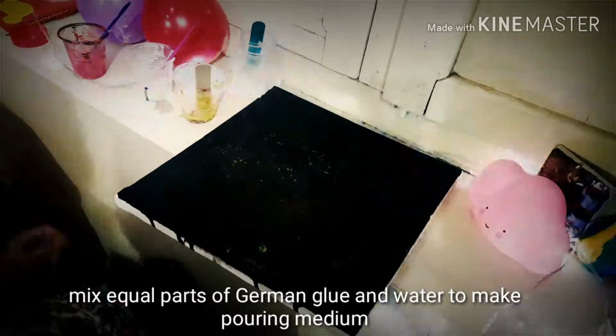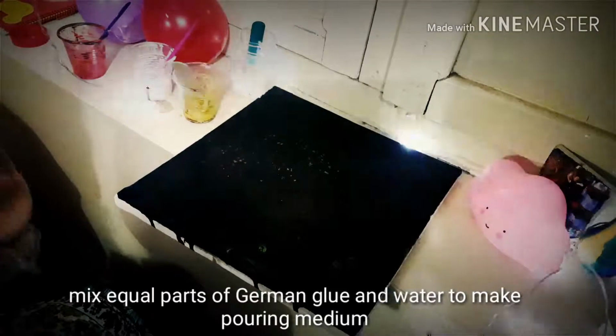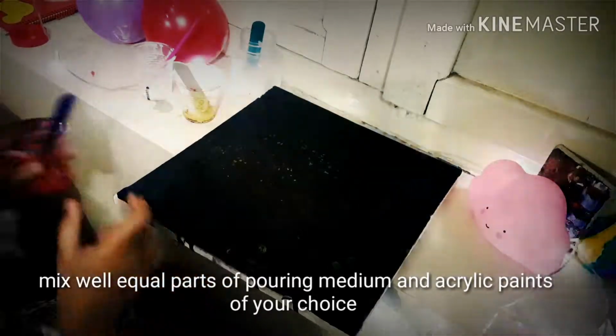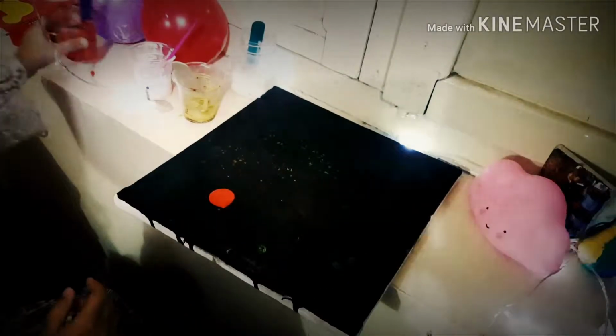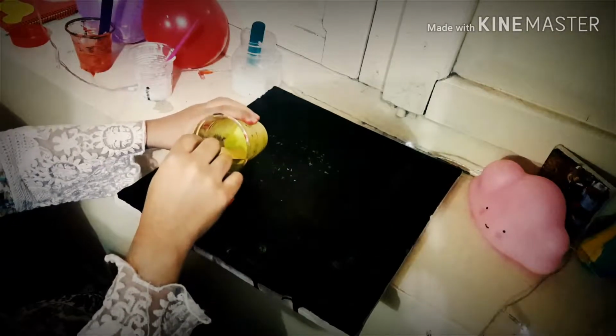Put half water and half glue. I mixed half glue and half water on the inside of the cup. Then I put colors. Now let's put the drop of the colors on the canvas. Then in the middle,